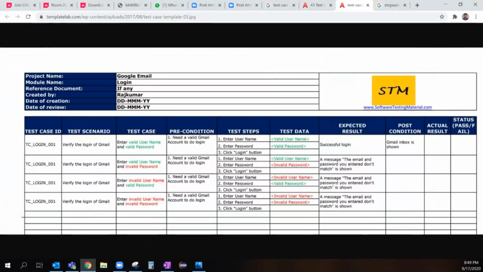First test case ID is Zoom schedule 01. The test scenario is to verify whether an individual can schedule a Zoom meeting. My test case is scheduling a Zoom meeting for a future date.